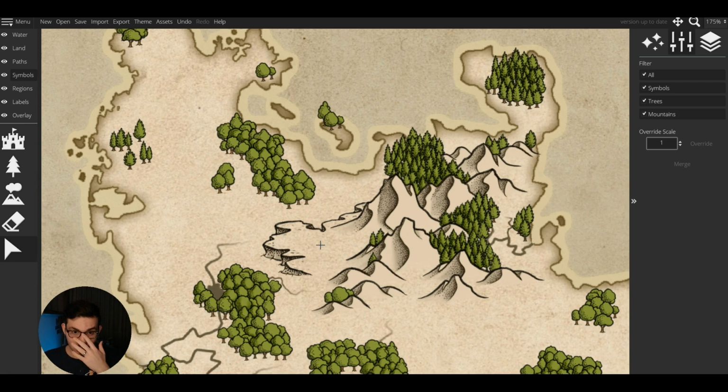In our case, for example, we could also add the cliffs after we added the mountains because they are related. They are both topographical things. Or if we wanted to have maybe a swamp, we could add it while making the rivers and lakes. Perfectly fine. There is nothing wrong with it.